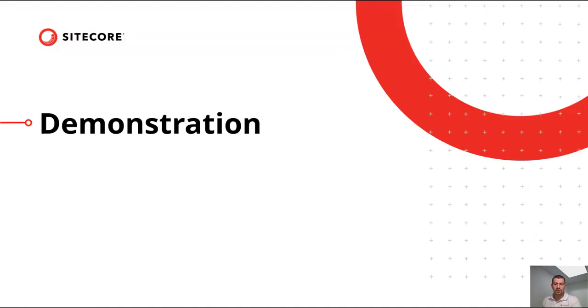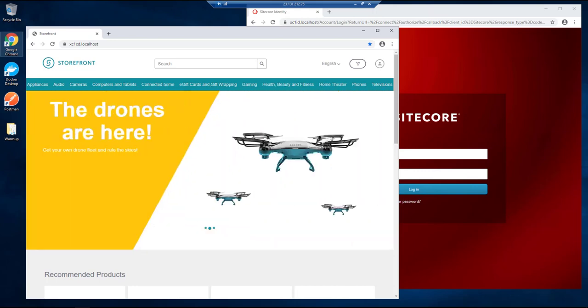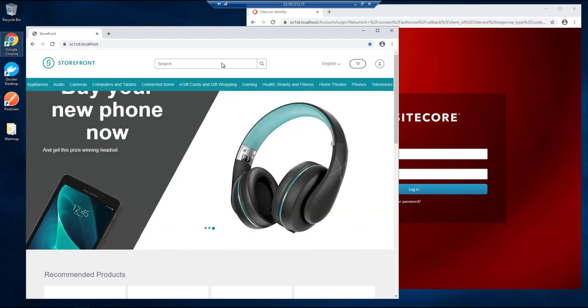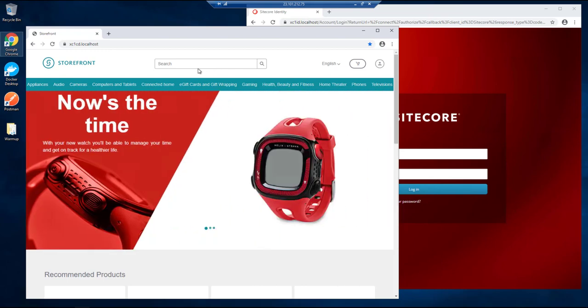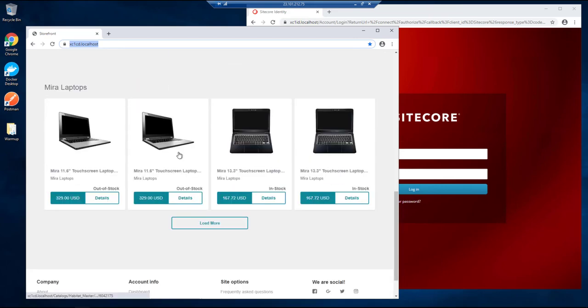Now to move on to the demonstration. Okay, so I've switched over to my demonstration instance now, and we're looking at the SXA storefront, Sitecore Experience Accelerator storefront. This is the home page,